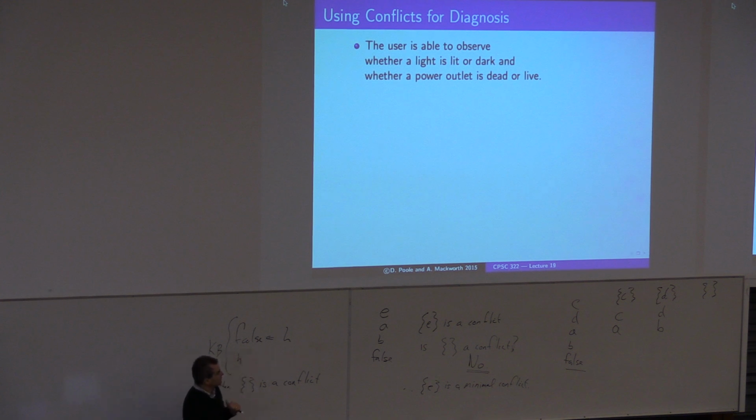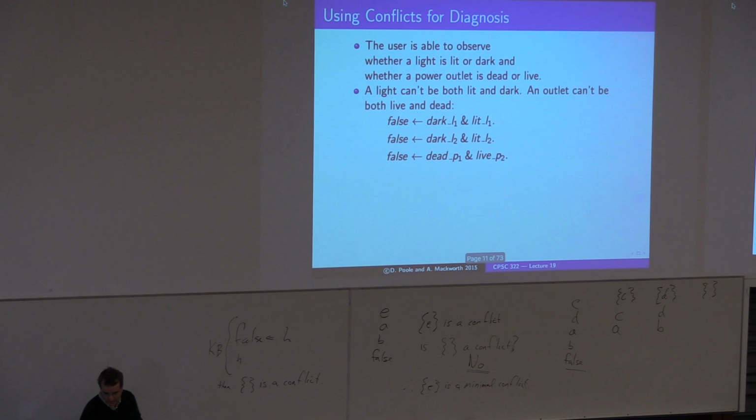And the user is able to observe whether a light is lit or dark, and whether this power outlet is dead or alive. So whether there's power coming into the system or not. So let's assume we can observe that. And we're also going to have integrity constraints that says a light can't both be lit and dark, and an outlet can't be both live and dead. So we have all of these